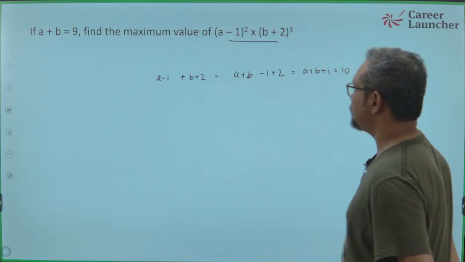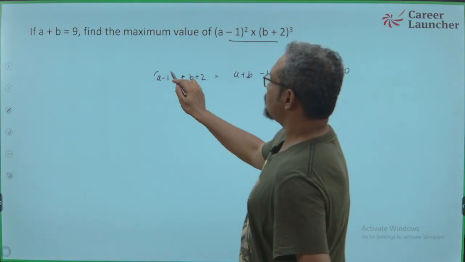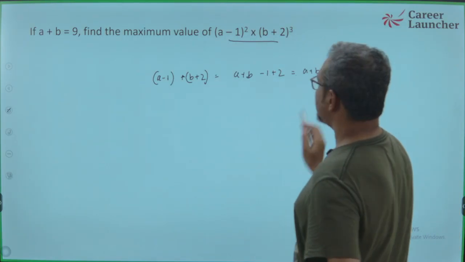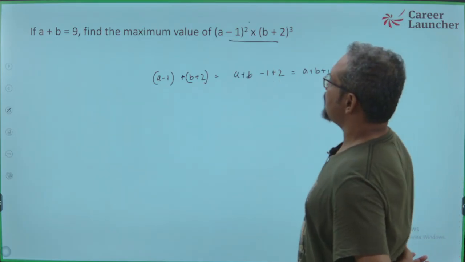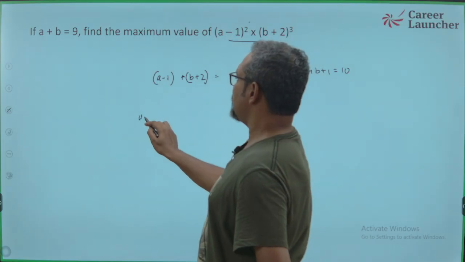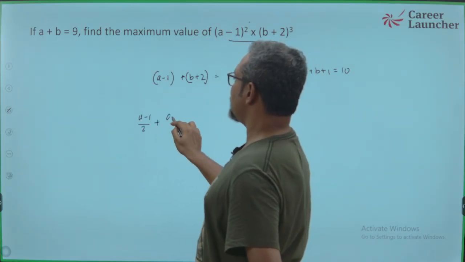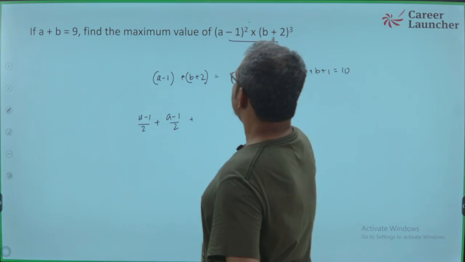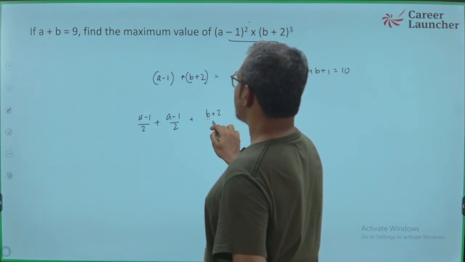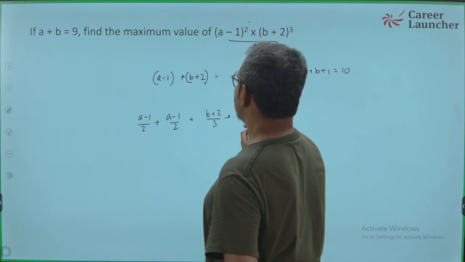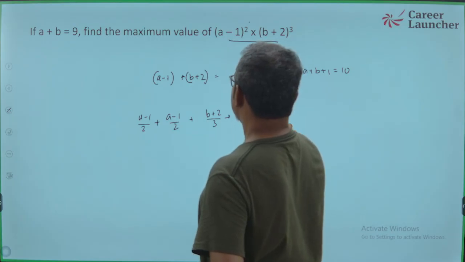So that's the first step. So we know that a minus 1 and b plus 2 add up to 10. But I need two such a minus 1. So what do I do? I do a minus 1 by 2 plus a minus 1 by 2. I need 3 b plus 2. So I do b plus 2 over 3, b plus 2 over 3, b plus 2 over 3, and this